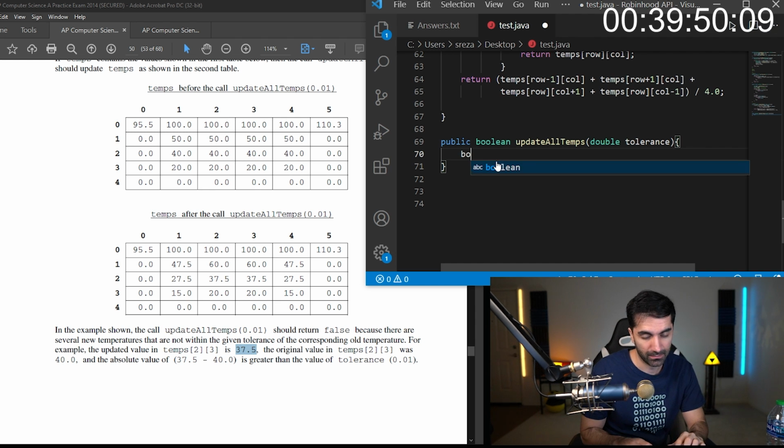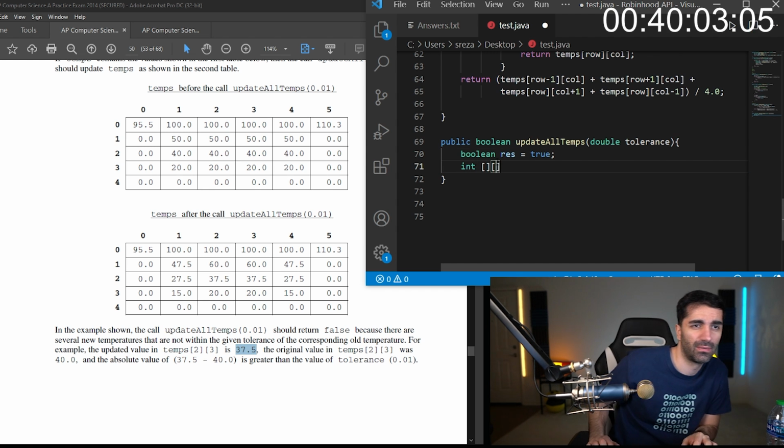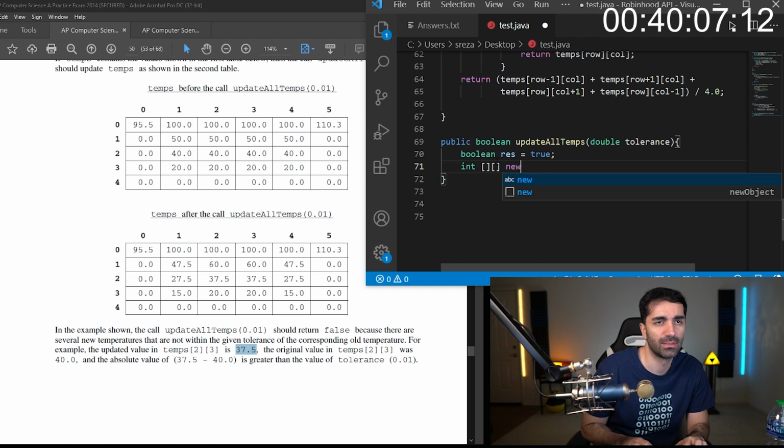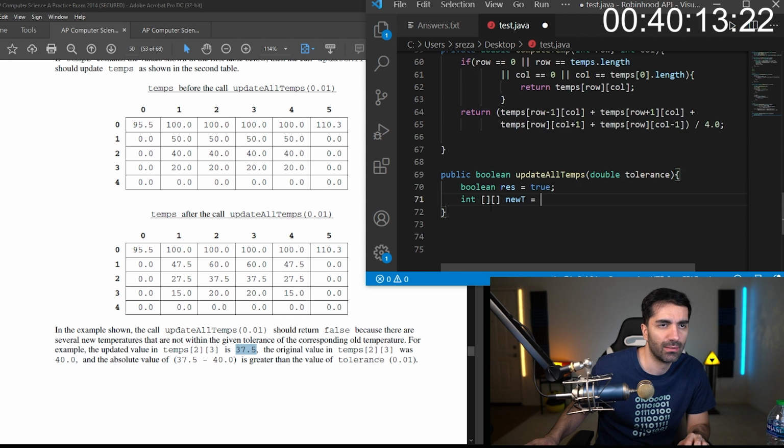Okay, so we'll say result originally true, and then we want to create a new array, call it new temps, or we'll just call it new t, and it's a double, right?